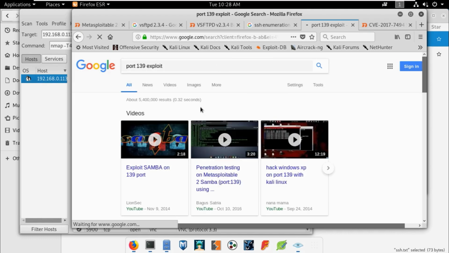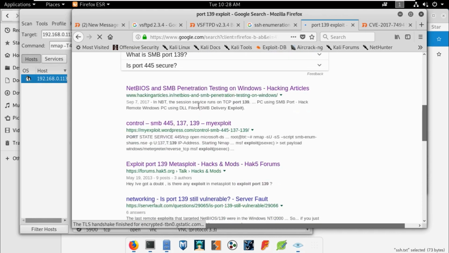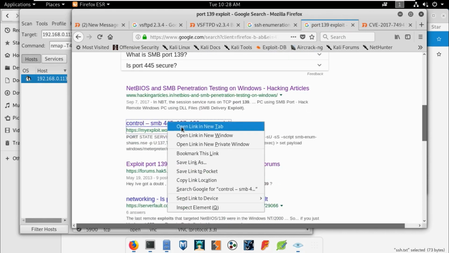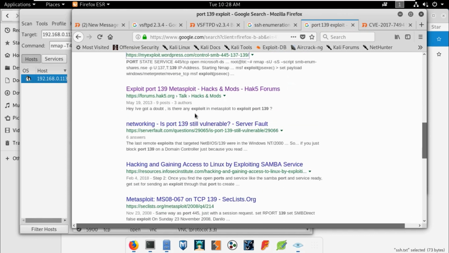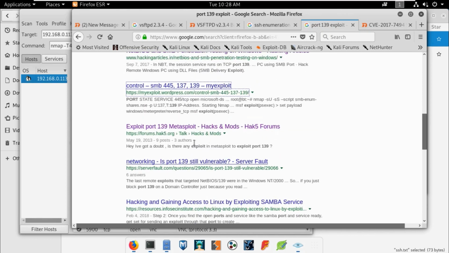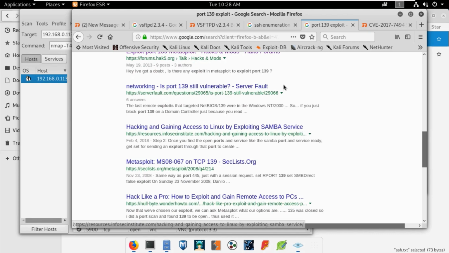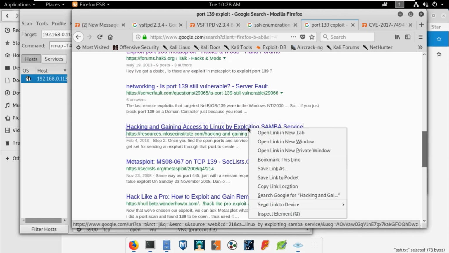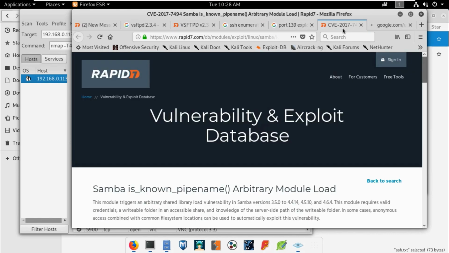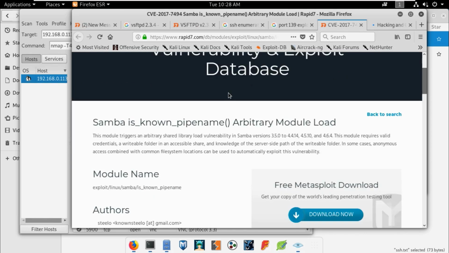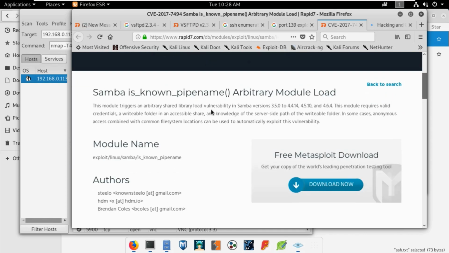Port 139 exploit. You will get a lot of results. Let me check if you find something. Just go and search for it and you will definitely get some idea of what you need to do.